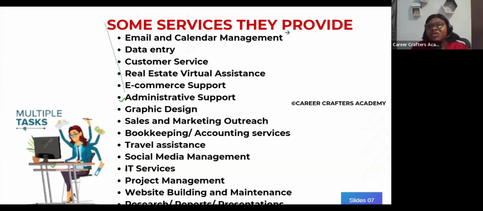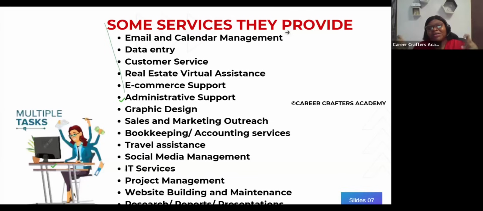You can offer these services online. You can help people plan their travel. You can help people with social media management. So companies are looking for people to manage their social media, post on their pages, draw traffic to their pages, even run social media ads. People are looking for professionals in this field who can help them.